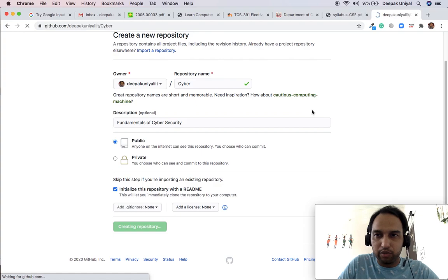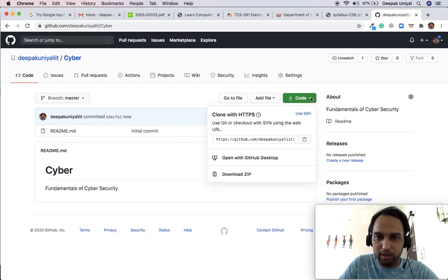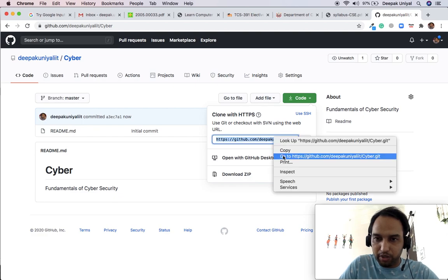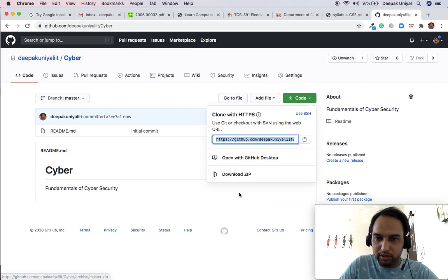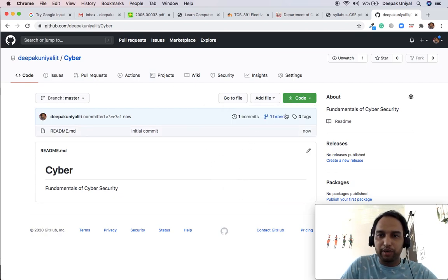Once I create the repository, there is an option of cloning this repository. You can copy it from here, or you can copy it from here. When you have copied this, you can clone the whole directory on your system. So let me do it for you.